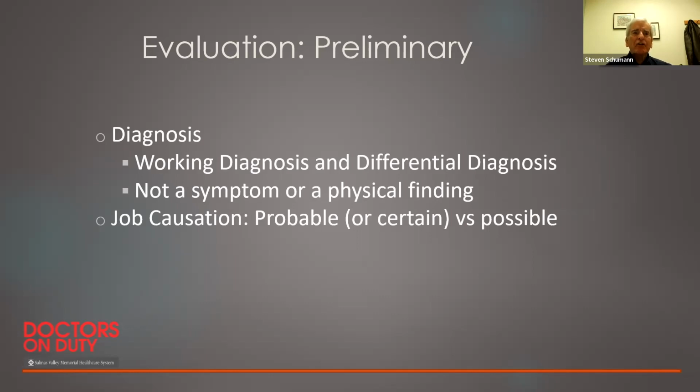And then it's an issue also in work comp of trying to decide if the job is related to this. Do we think it's probable or certain, meaning 51% or more likelihood based upon however you quantitate that? Or is it just possible, which would be less than that? So when we think it's probable, then that becomes our working diagnosis, which of course can change in the course of evaluation and management. It may look at the outset like a non-specific strain of the forearm, but along the way, it becomes clear that it's a carpal tunnel syndrome. So we need to be flexible, but we have a working diagnosis to start.